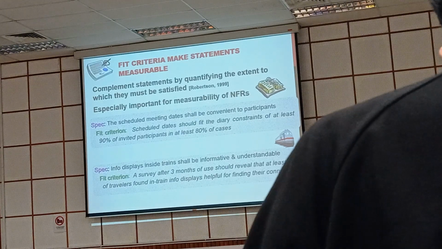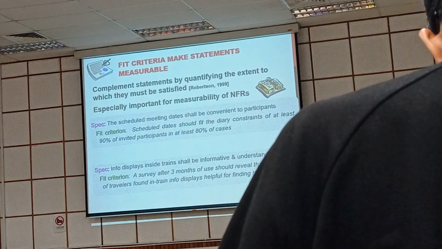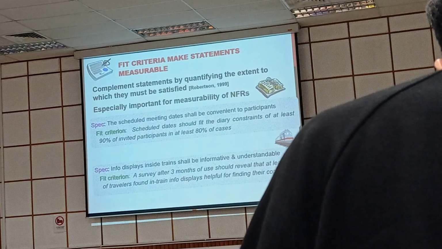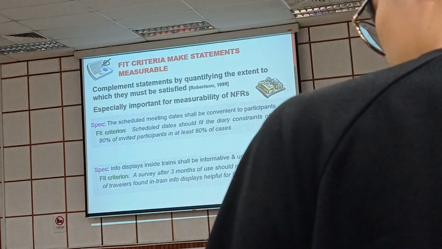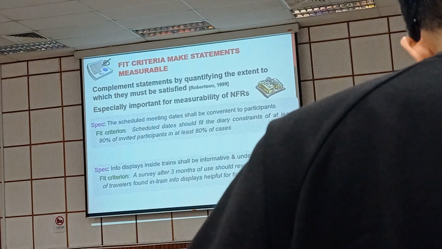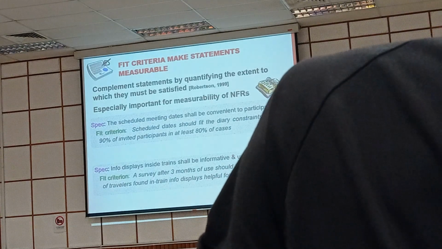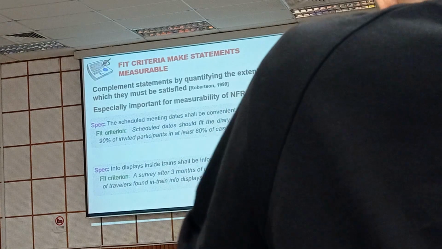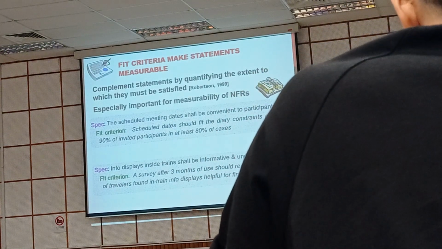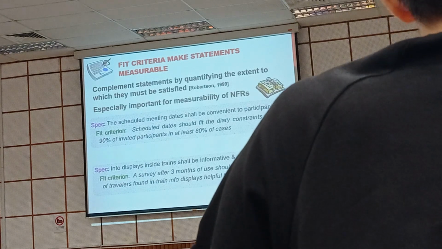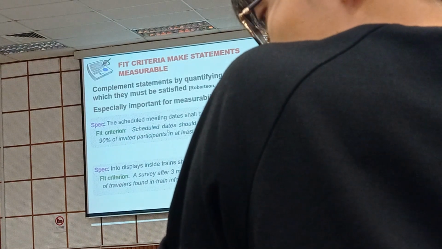You shouldn't have the words low, high, as much as. Then some say, the performance of the system must be high. What do you mean by high performance? What is the definition of high performance? 1,000 transactions within a second? 2,000 transactions within a second? 5,000 transactions within a millisecond? You have to define. Okay, so the example of writing the requirement in a proper way, you see, scheduled date